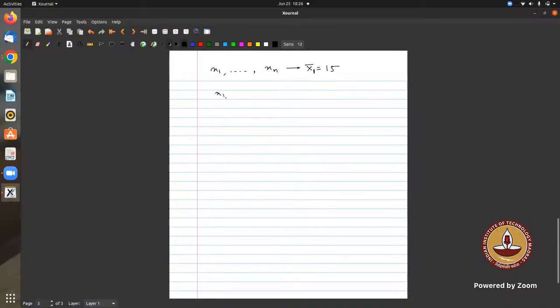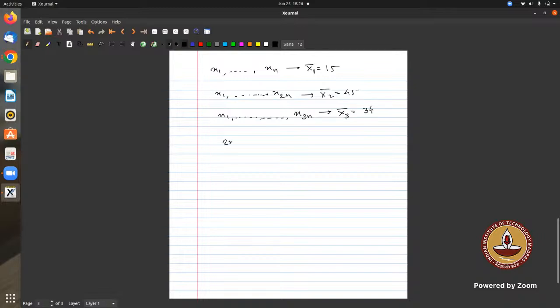Next, x1, x2, so on up to x2n, with 2n in the subscript, and its mean is 45. Similarly, x1, x2, so on up to x3n, with mean 34. Then what is the mean of the observations